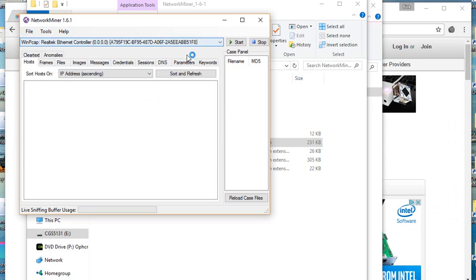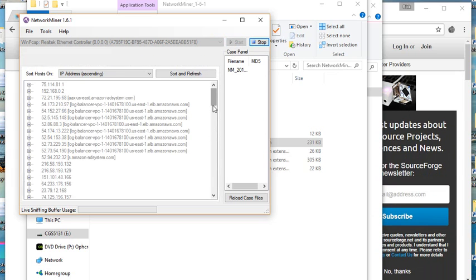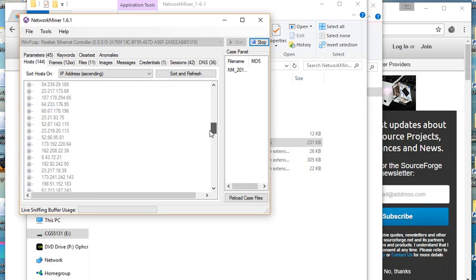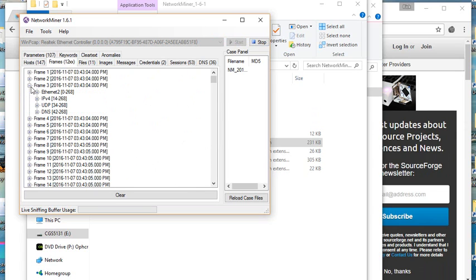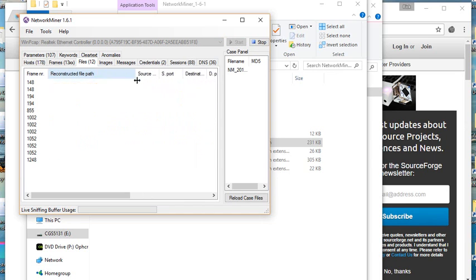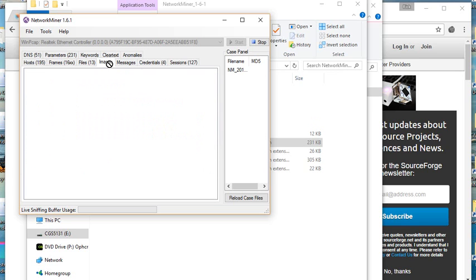And notice it's using WinPCAP, so let's say start. We're getting quite a bit of information in here. So these are all the IP addresses I'm accessing. And you can actually look at all the frames if you want to. Okay, all the files. It's creating images. I don't think anything I'm doing is creating images. Messages,